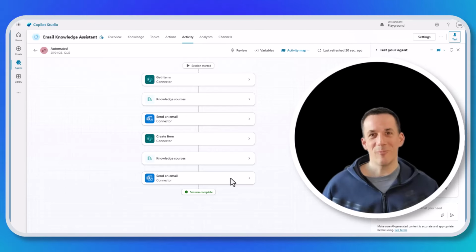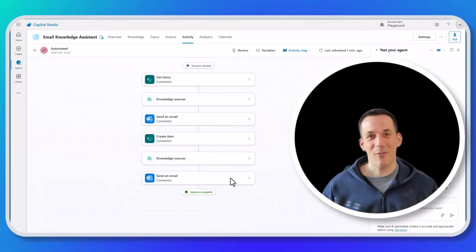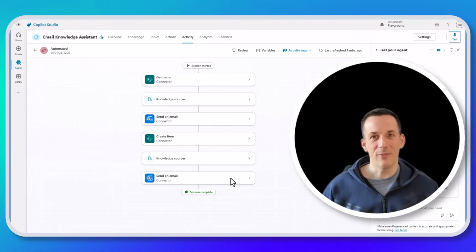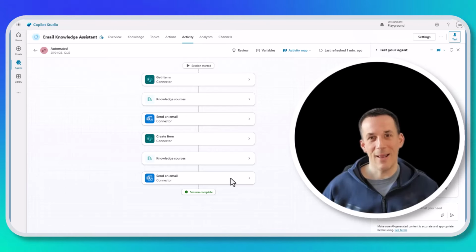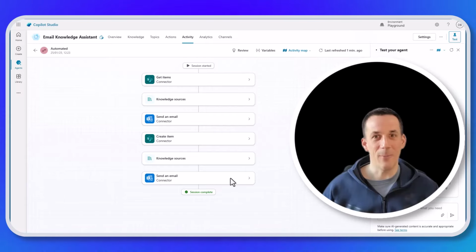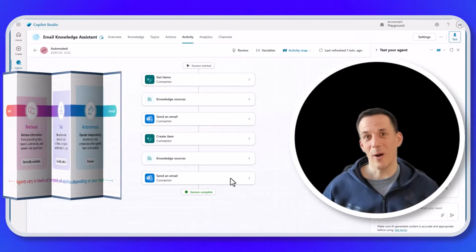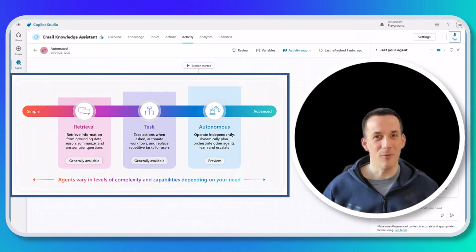So I'm hoping from today's video that you've understood now the concept of autonomous agents. You understand how to implement this in Copilot Studio, some of the pros and cons to look out for, and I'm thoroughly looking forward to seeing what people are able to create using Copilot Studio and working through the retrieval,